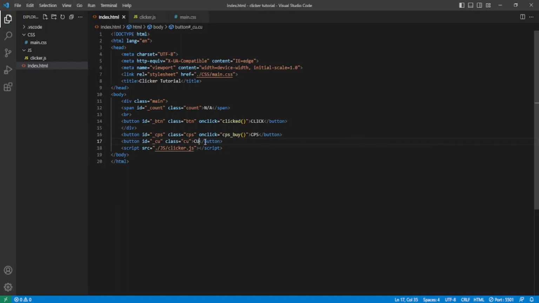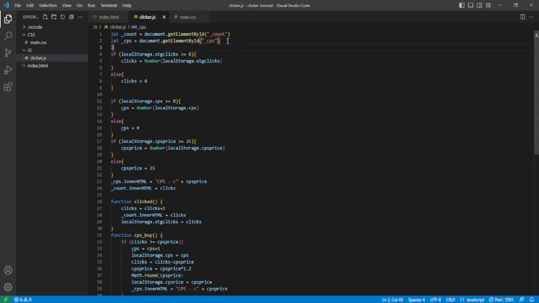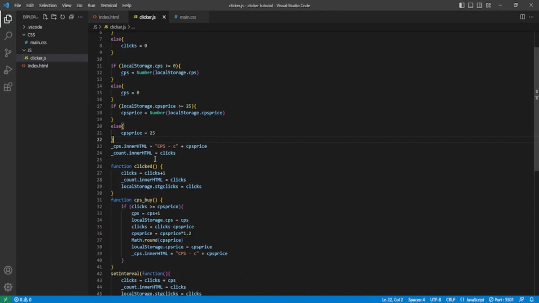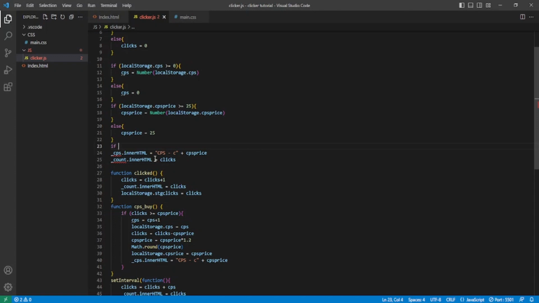CU, click upgrade. In clicker.js, I'm going to make a new line of code. To save it, let CU be document.getElementById CU. Now we're going to make a new local storage. If localStorage.cu, not that, localStorage.cu